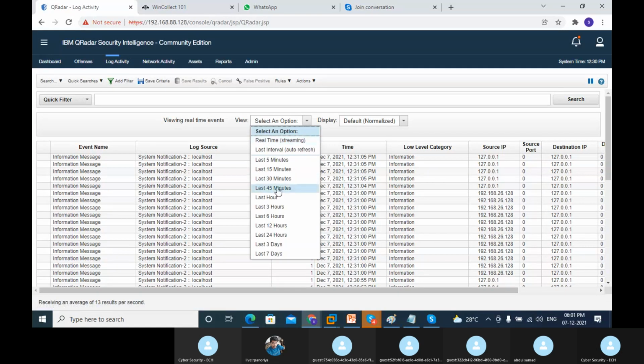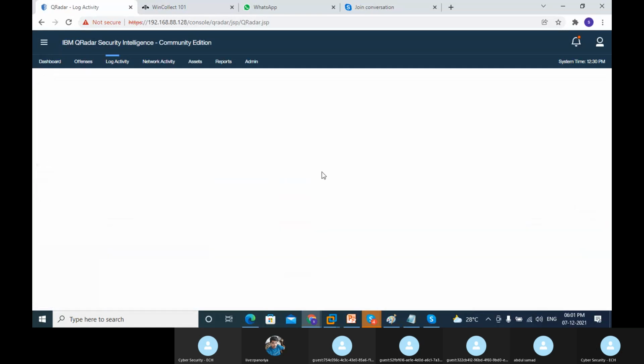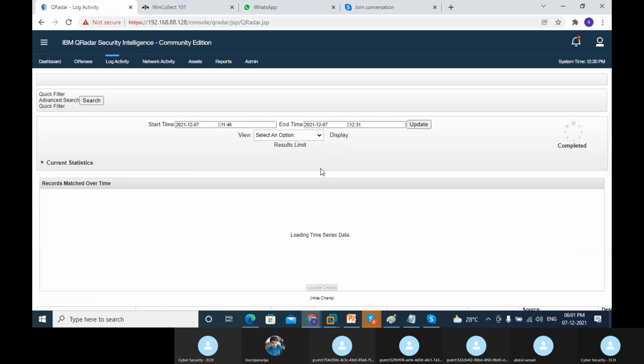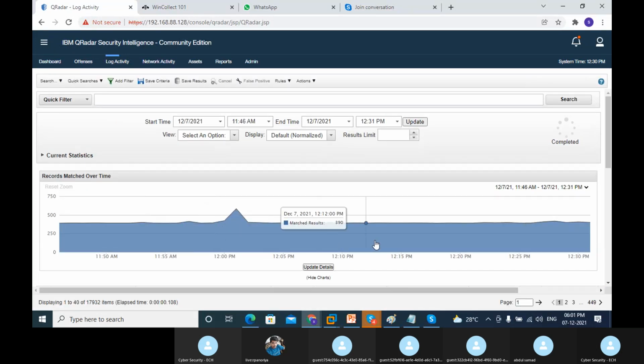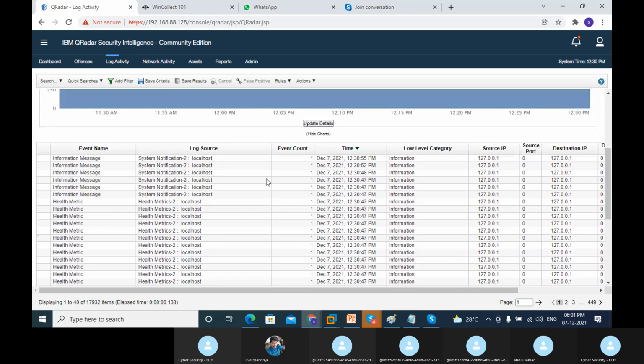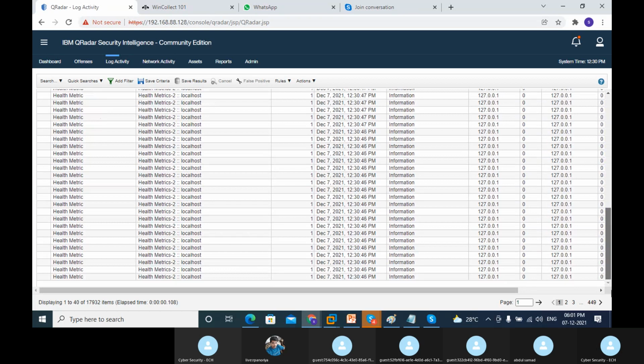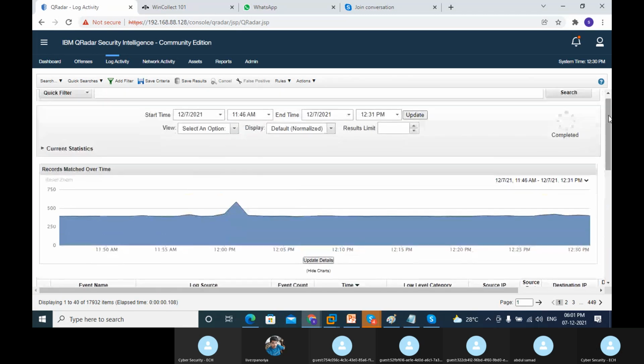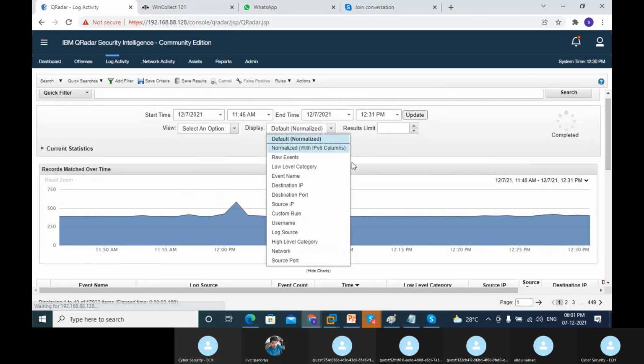Okay, so this is about the live events. And if I check the last 45 minutes, we can see what types of events happened and what processes are there. That's the part we're going to discuss: how we can get the log sources, what issues come up, what exactly the responsibilities are, and how we can handle each event.